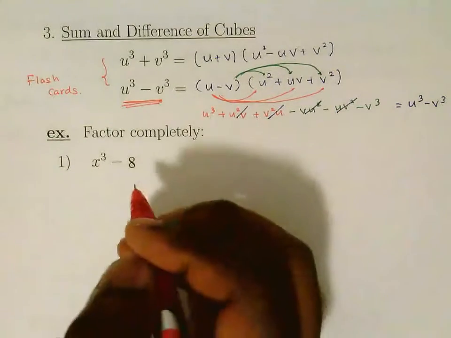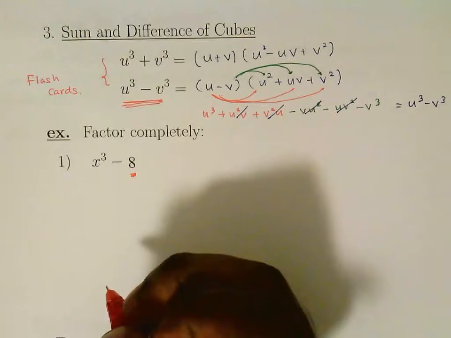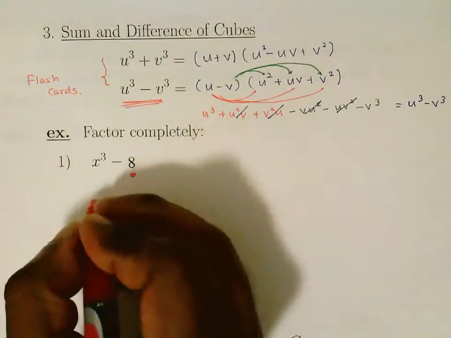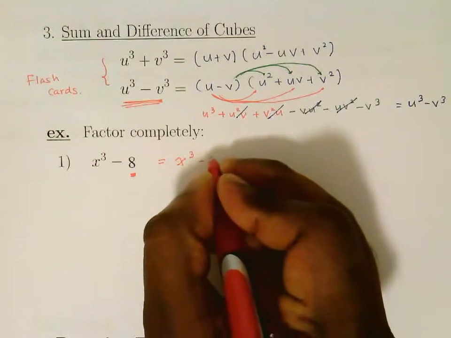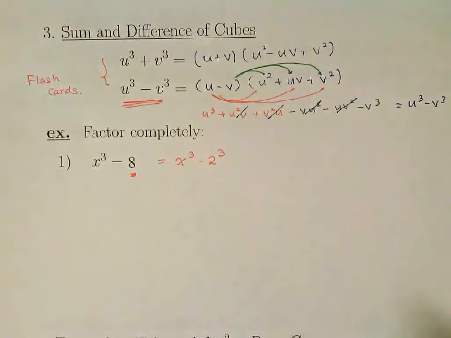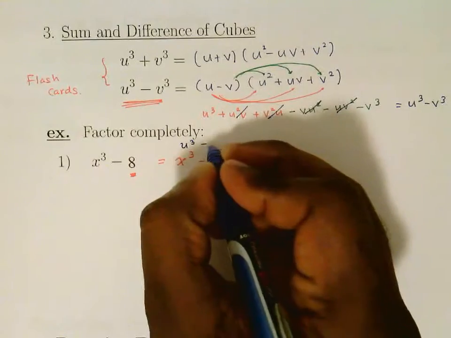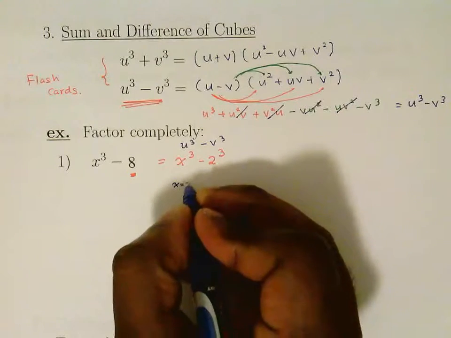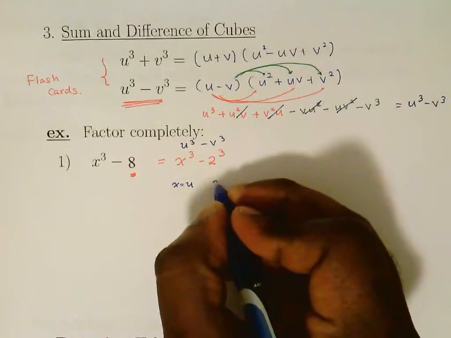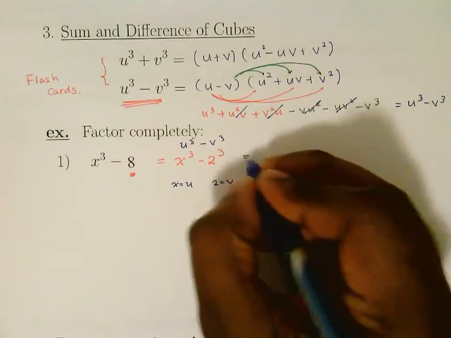Okay, and it is not exactly clear at this stage what your v would be. So how do you find that? You would rewrite this: x cubed minus 2 cubed. The formula we use is the difference of two cubes, that is u cubed minus v cubed. And you can easily see that x is your u and 2 is your v. Okay, so once you do that,